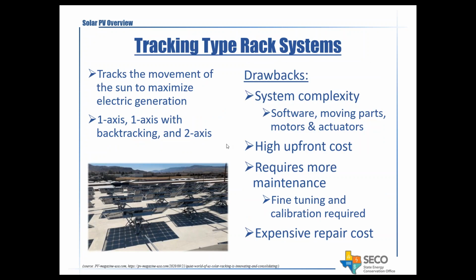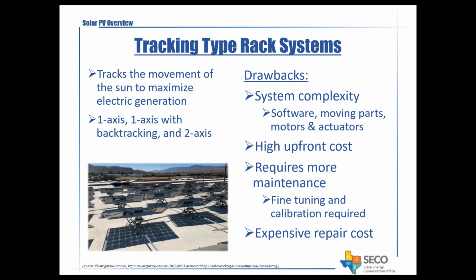So the third thing we wanted to go over with y'all is the tracking systems. These are a little more advanced, a little more complicated, but these actually provide the most electric generation. The way they work is they have motors and actuators that track the movement of the sun across the sky throughout the day. And this can either be through a one-axis, or a one-axis with backtracking, or a two-axis system. That just describes the degrees of freedom in the movement of the panel